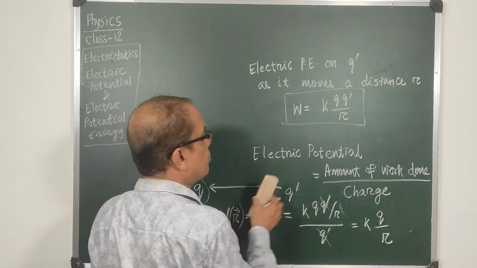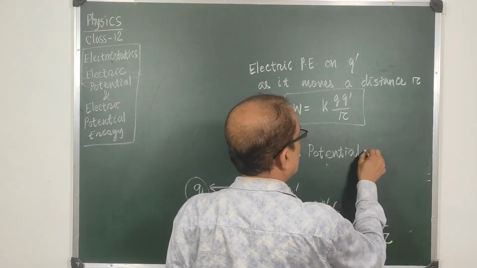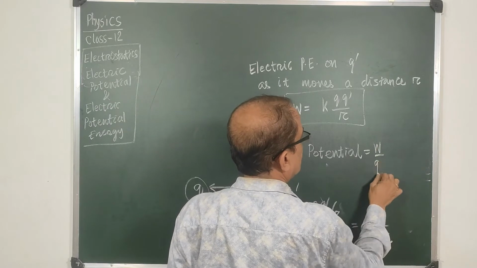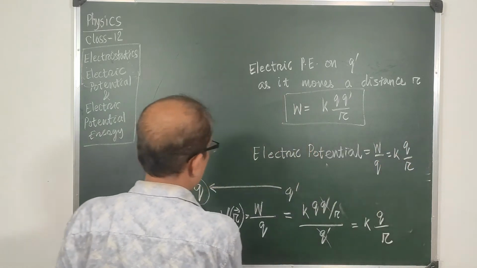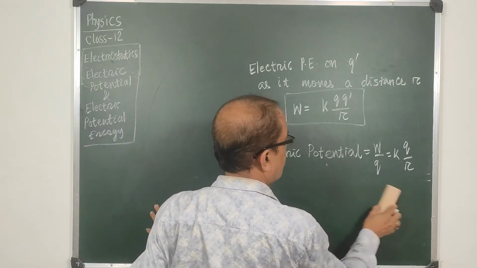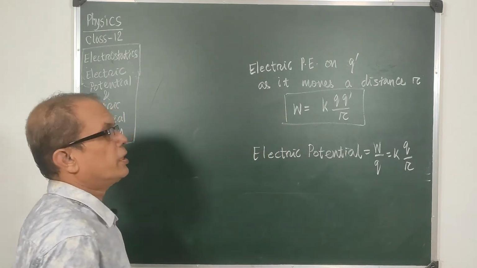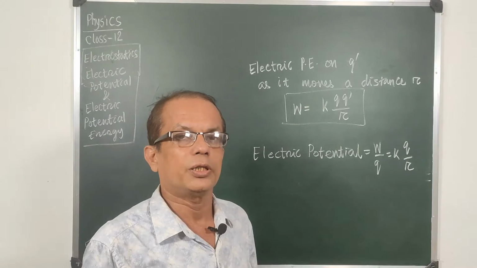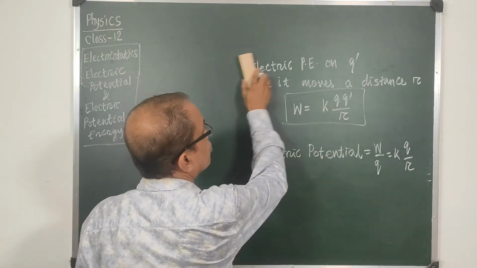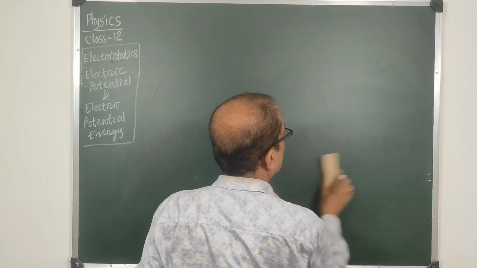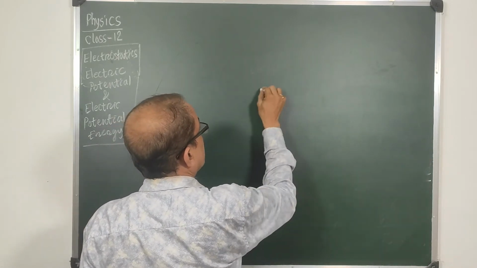So we get electric potential, which is W by q, and k q by r. These are the two important formulae in this section. Then we need to find what is the electric potential due to a system of charges. Suppose there are two charges, there is a charge q here,